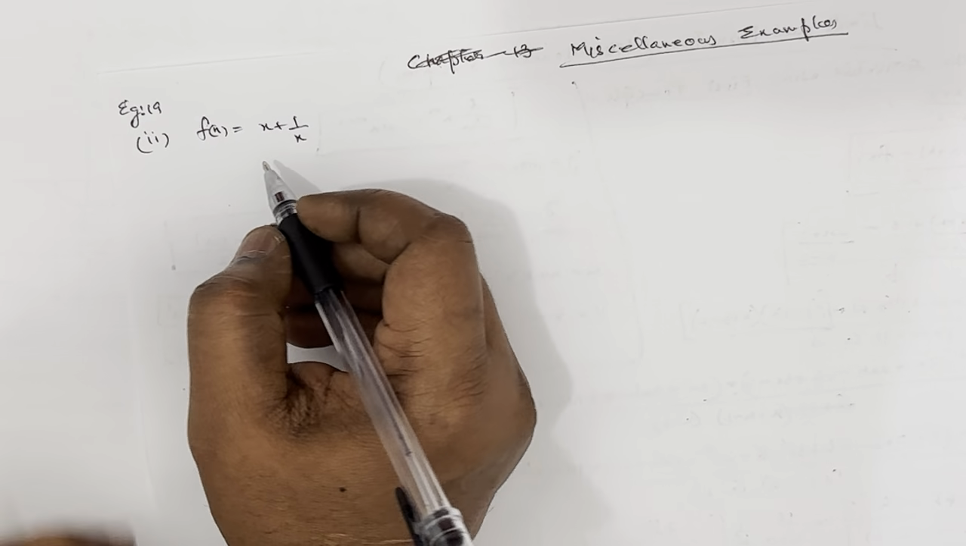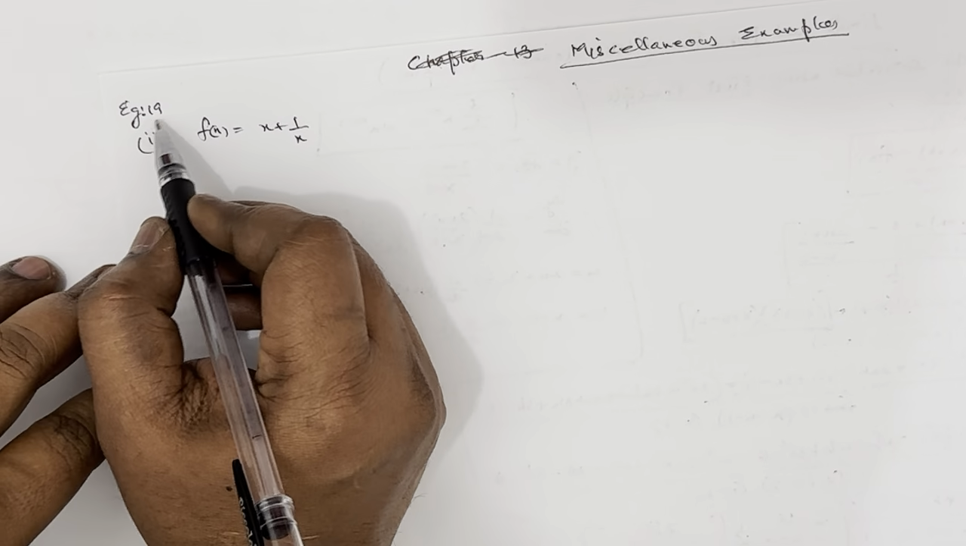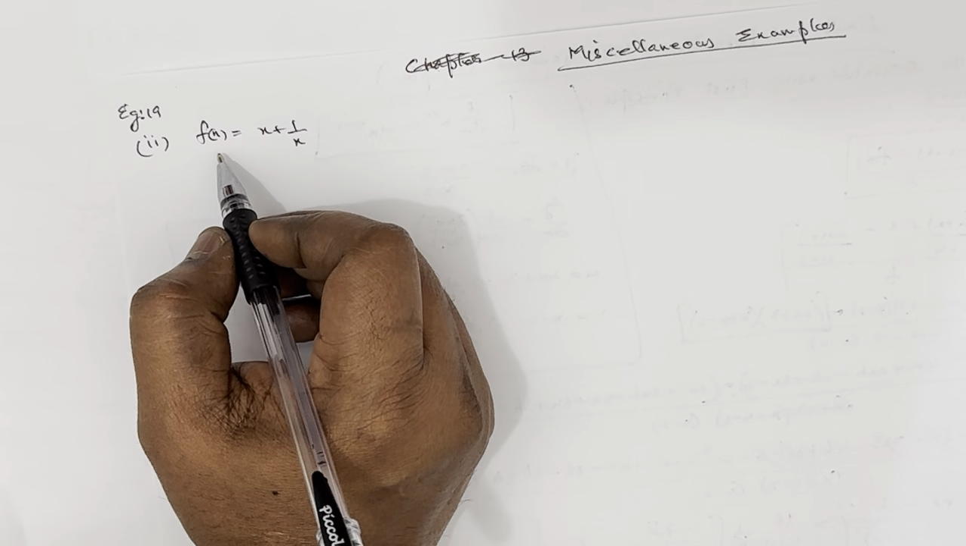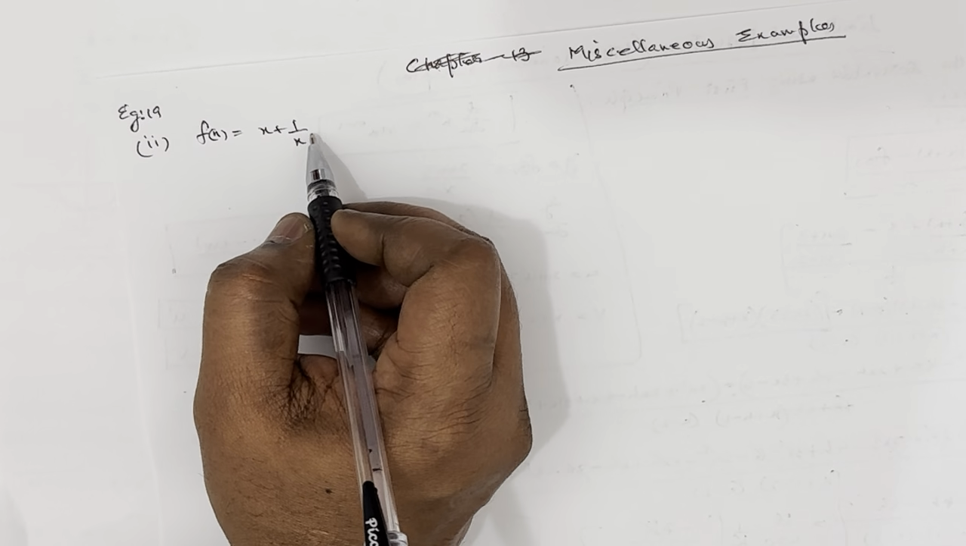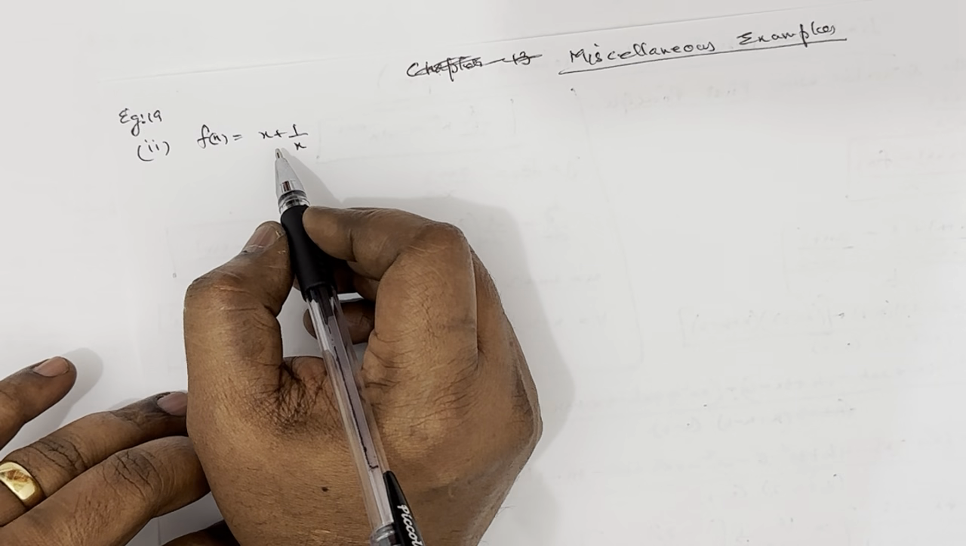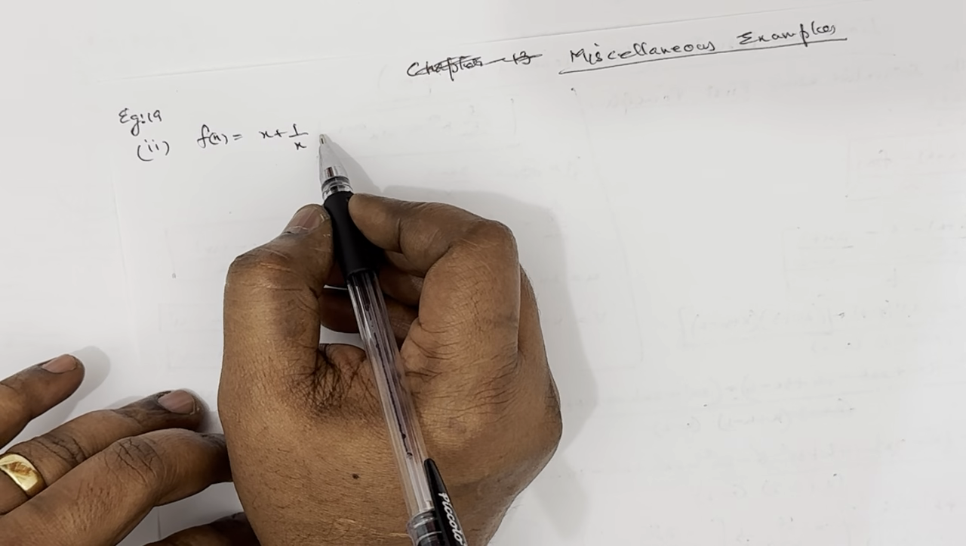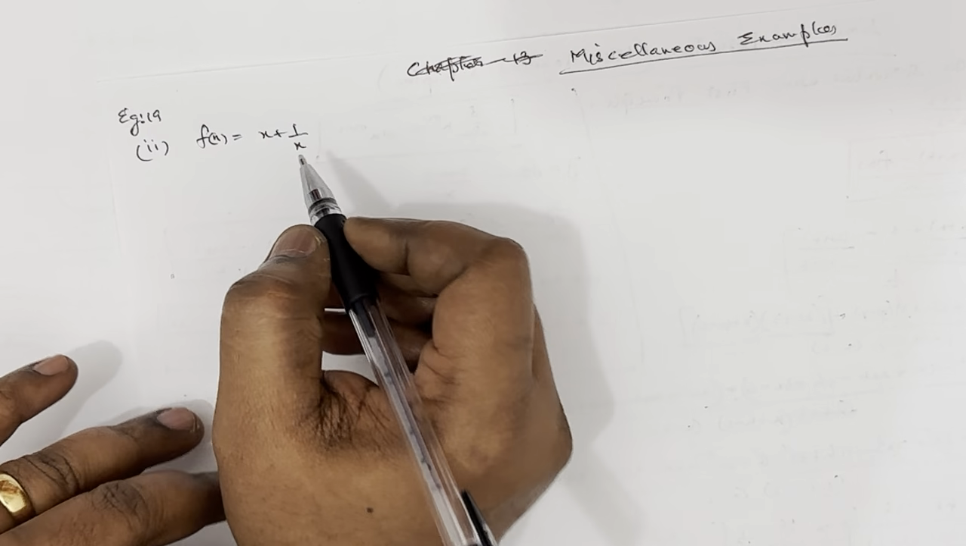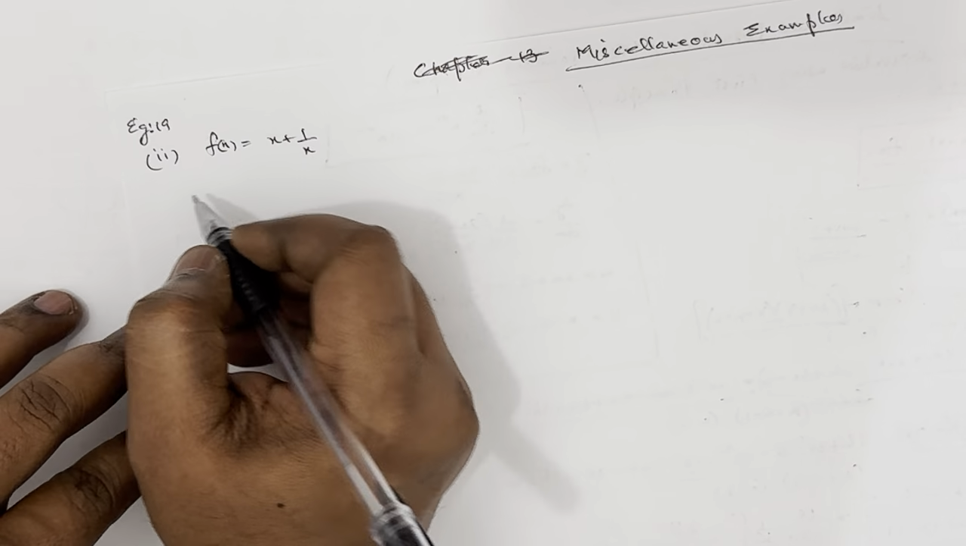But now let's do the next example, that is example 19.2. f of x is equal to x plus 1 by x, using first principle of derivative. Okay, now let's write the